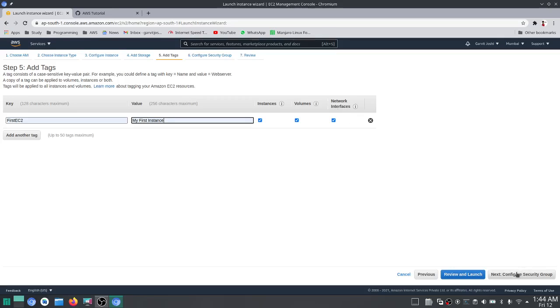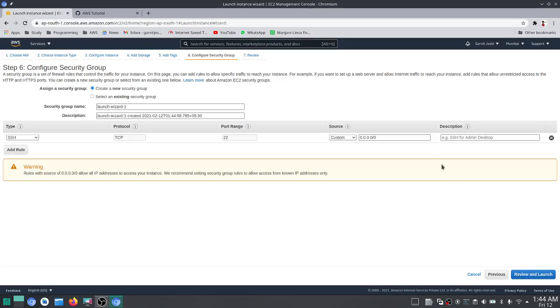Now I'll go into configure security group. A security group is like a firewall for your Amazon EC2. Every inbound and outbound traffic goes through your security group, and it will tell whether a particular signal can access your Amazon EC2 or can go out.